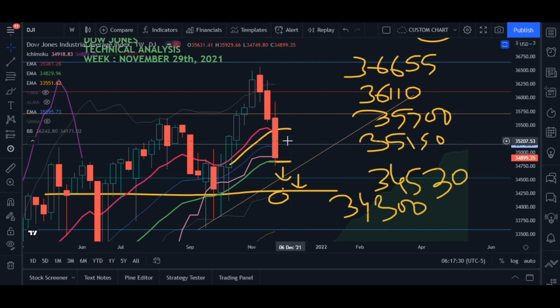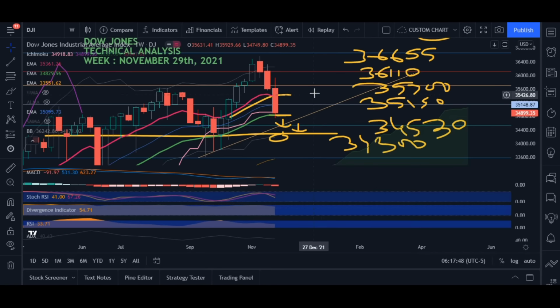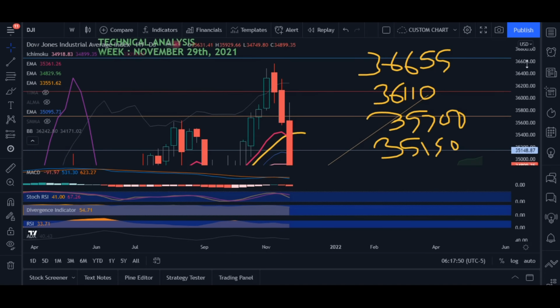Anyways, through moving averages, because of the three moving averages, the market is bearish on the weekly chart. Through Bollinger Band and through moving averages, the market is bearish. Now through Ichimoku, the market is bullish. And if you look into some other technical indicators here,